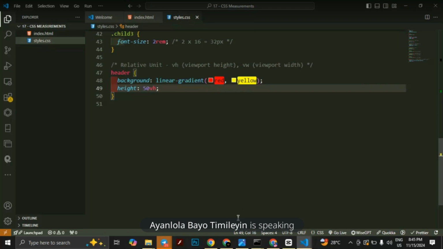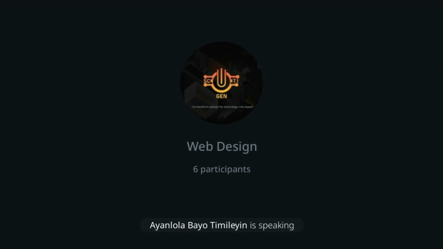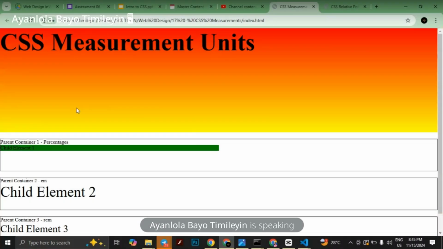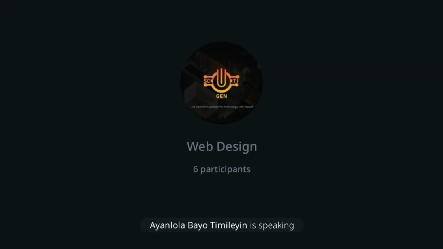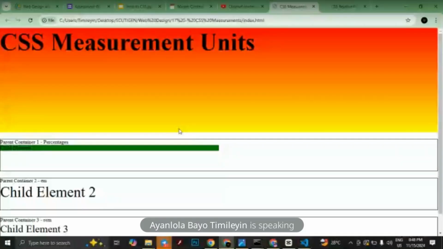Now if I go back to the browser and refresh, you see this background portion is equivalent to 50% of my viewport height. If I set it to 100vh, save, and then go back to the browser and refresh,